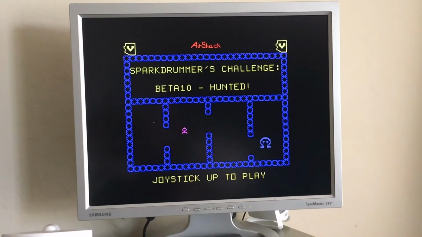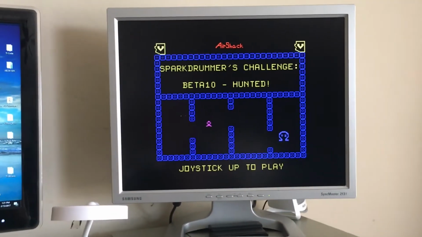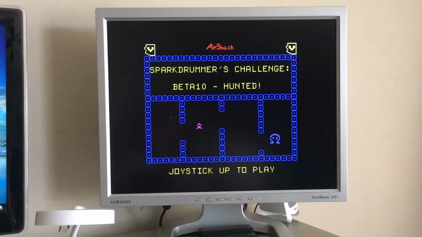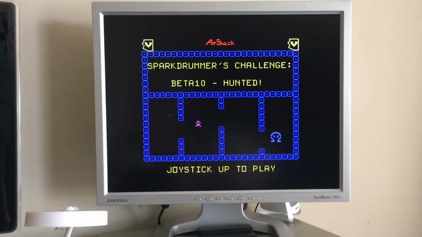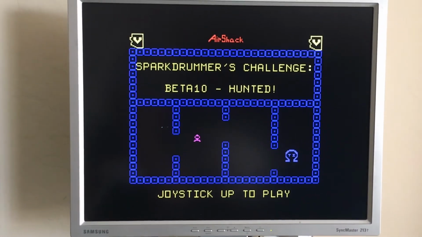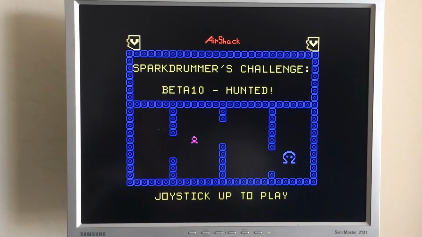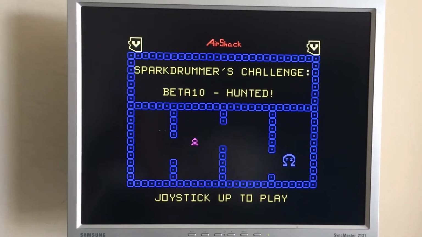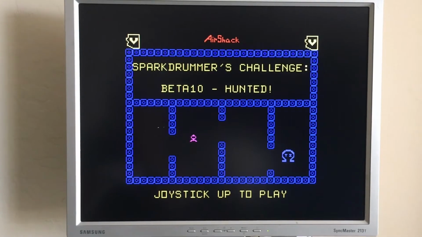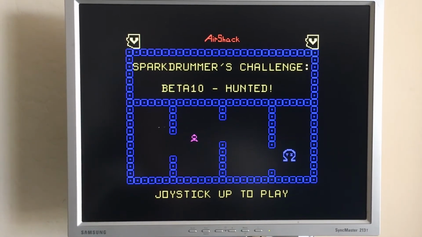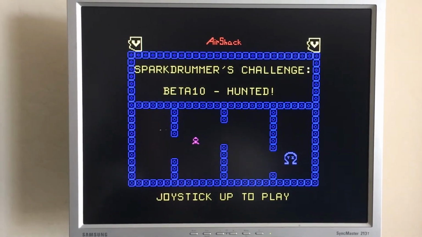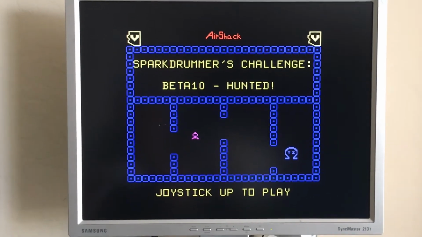Flash ROM's going to do its thing, and boom, this is the game I told you about, and it's called Spark Drummers Challenge Rescue at Atari Age. It's about 90% finished, and I'm working on this, and I think what I'll add is a video to show you the gameplay with the compiled version versus the regular